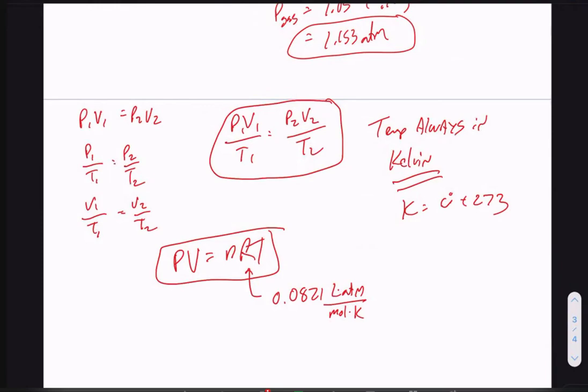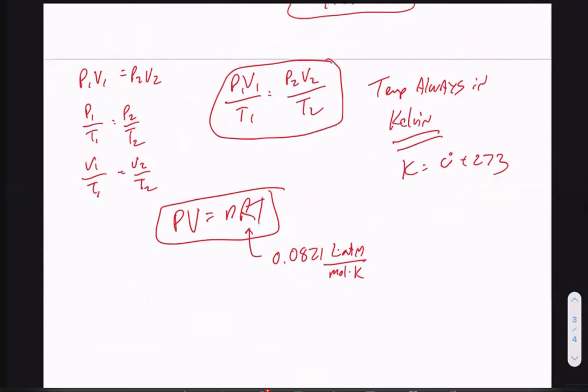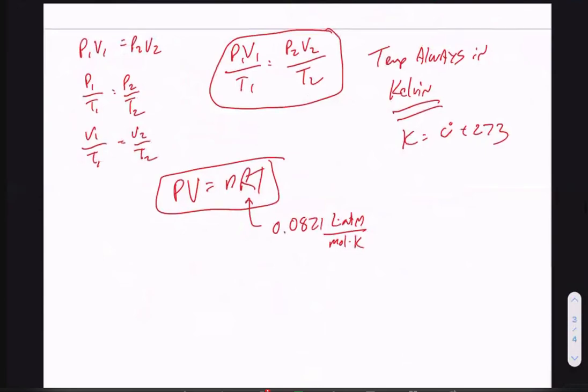So the difference between the ideal gas law and the combined gas law is that the combined gas law is focused on changing conditions, whereas the ideal gas law is focused on using the amount of gas that you have, the moles. Right? Either solving for the moles or using the number of moles to solve for whatever is being asked. So it's often that when you use the ideal gas law, you will have to use some kind of mole ratio, some kind of stoichiometry, because the particular gas in question might not be the one that you have the information